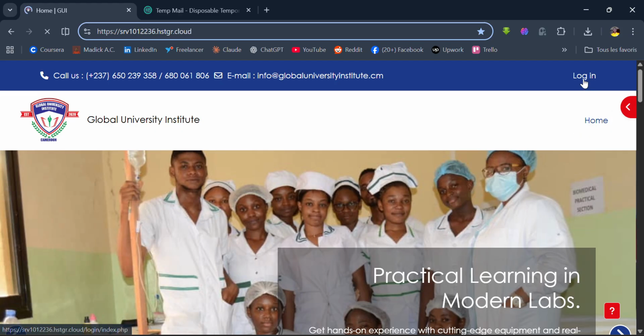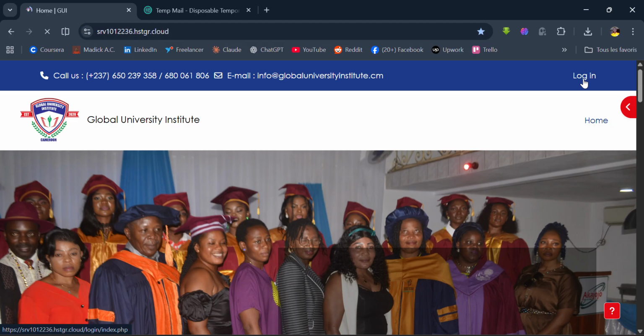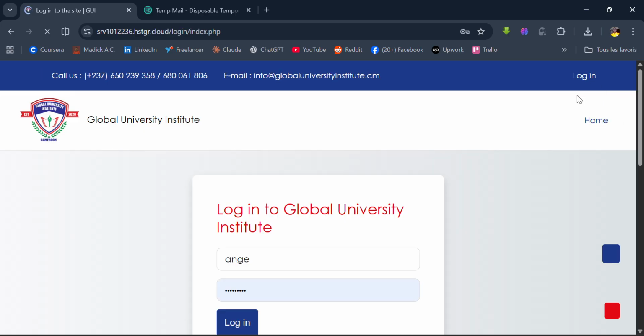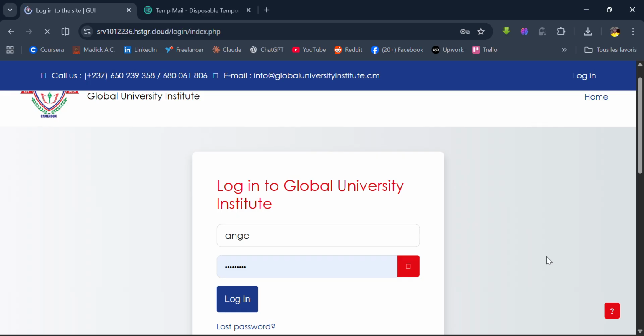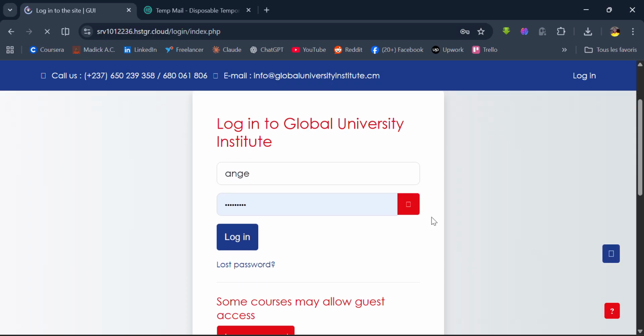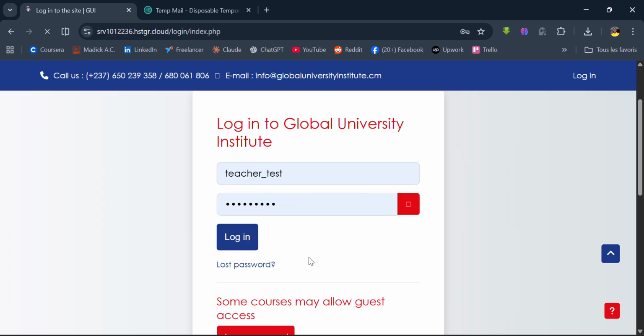Now, to go to the platform itself, you should log in, and to log in you press this login button. Your login credentials will be provided by the administrator, by the IT staff of the university, or this platform administrator. So I will use some credentials to test the